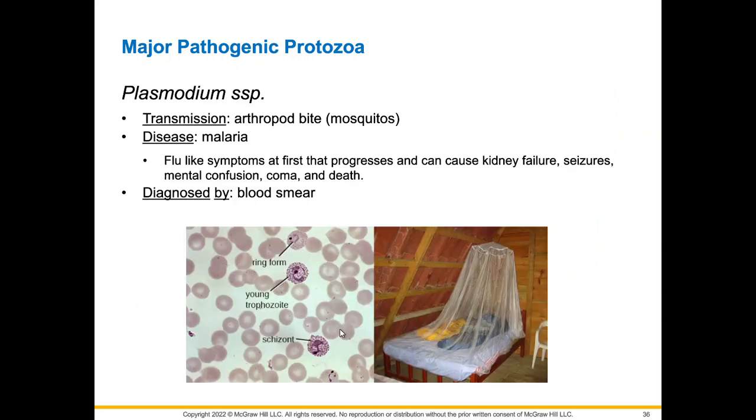Next, we have Plasmodium species. They are also transmitted through arthropods. This one specifically is through mosquitoes, and it causes malaria. Initially, malaria looks like the flu, but it progresses and can cause kidney failure, seizures, mental confusion, coma, and eventually death. Because these are found in the blood, we will also diagnose it by a blood smear, and what we're